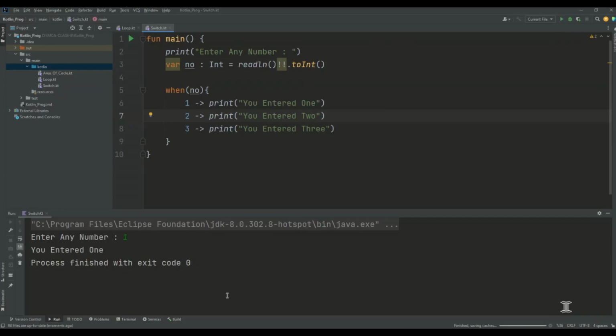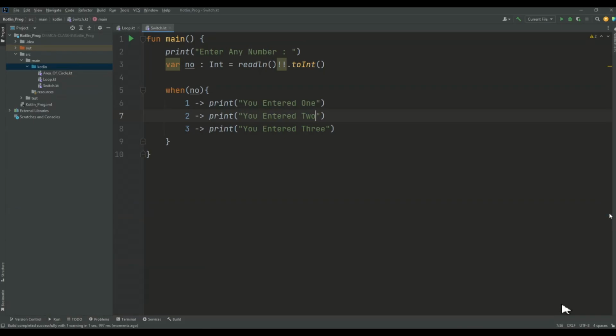So this is what the different cases do. For example, if the user enters 2, the output will be "you entered 2". If the user enters 3, then the output will be "you entered 3". So this is what we have provided, the different case statements for a switch on the variable named number. This is the main purpose of the switch